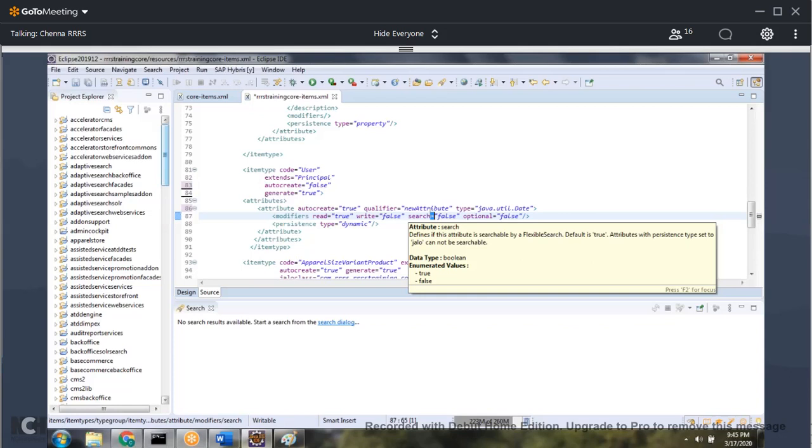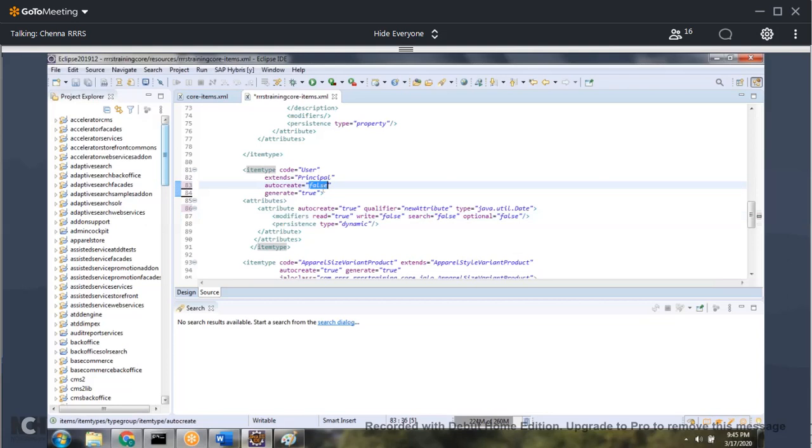In this scenario, if you mention auto create equal to true while it is already created, you will get build failures. So that's the meaning of auto create true and false.